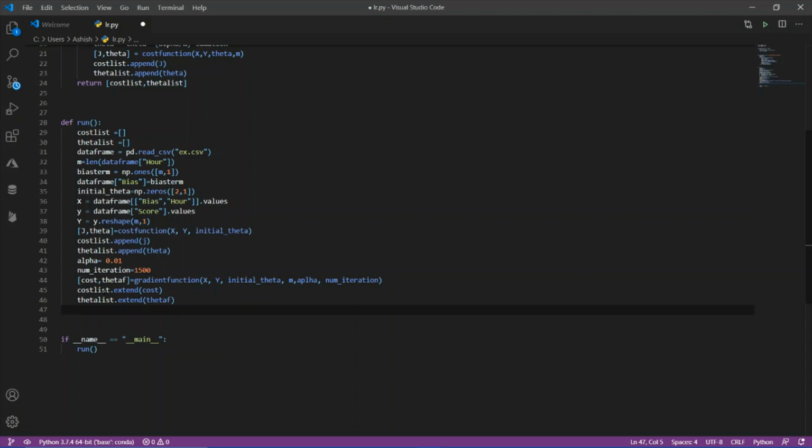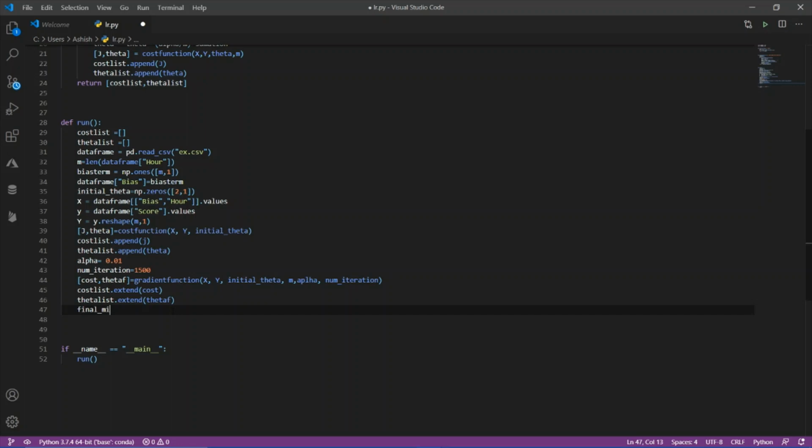Now I have to find the minimum cost from this cost list. In order to find the minimum cost, let's define the final cost, or the minimum cost.